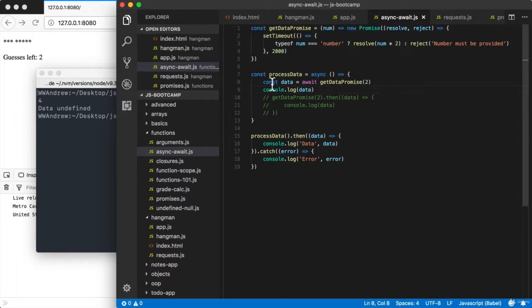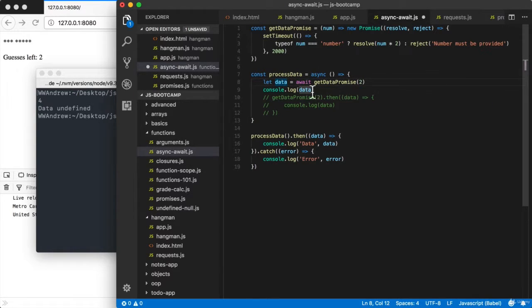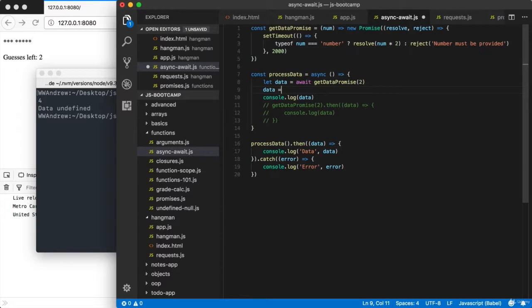Right here, let's go ahead and switch data from a const to let so we can reassign its value. And on the very next line, I am going to set data equal to, I'm going to use await with getDataPromise again, and I'm going to pass in the current value of data. So we take 2 and double it to 4, we then pass in 4 and double it, and the end